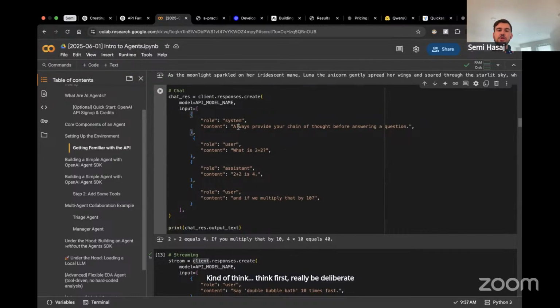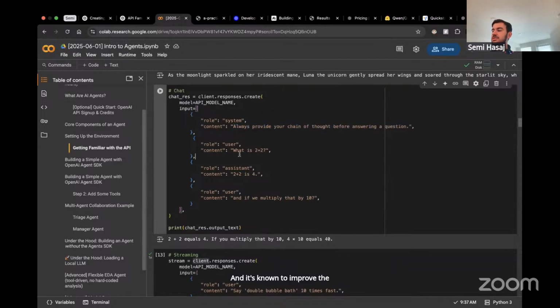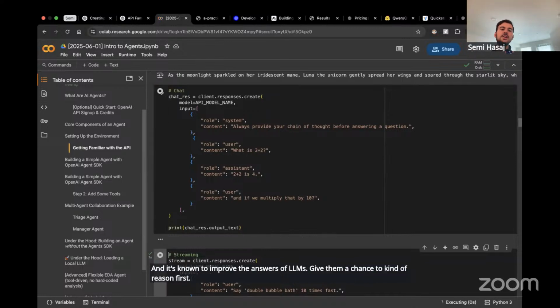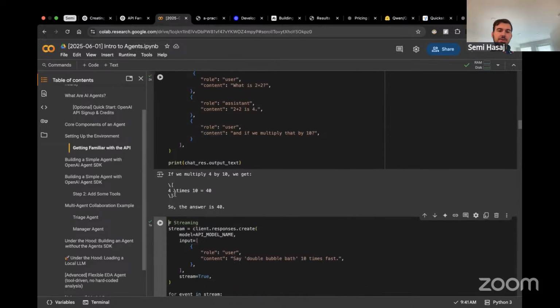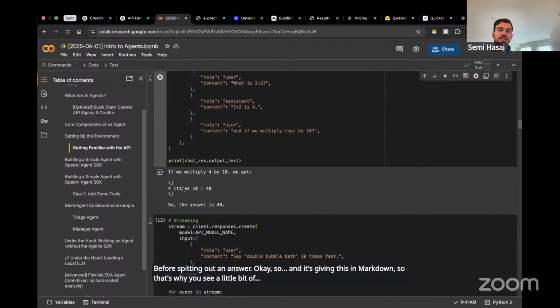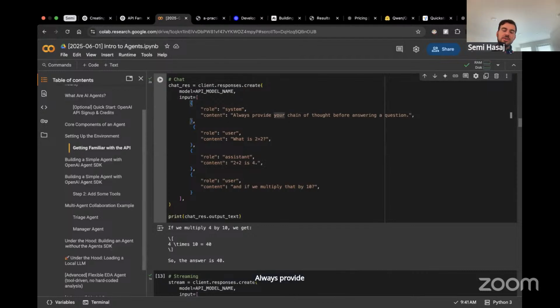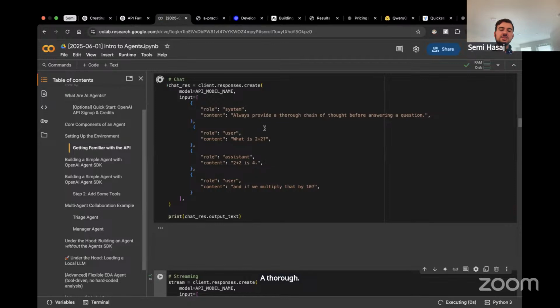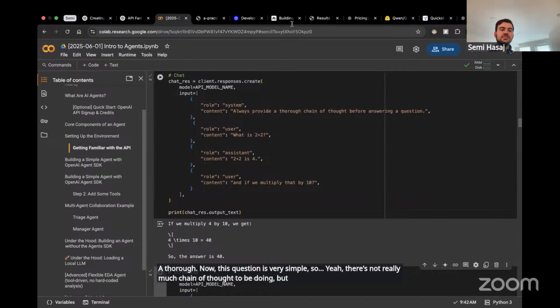And this has actually been shown in research, and it's known to improve the answers of LLMs. Give them a chance to reason first before spitting out an answer. It's giving this in Markdown, so that's why you see a little bit of funny formatting, but it's trying to reason a bit more. Always provide, and I can be a bit more verbose here, a thorough chain of thought. Now, this question is very simple, so there's not really much chain of thought to be doing, but I digress.